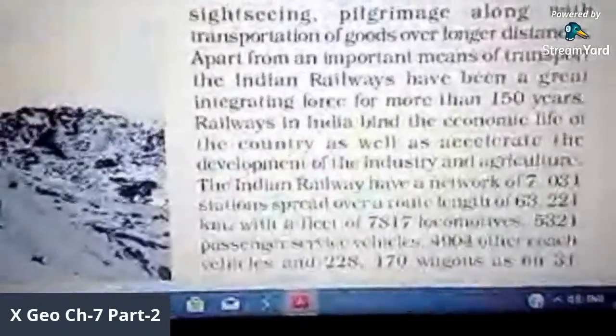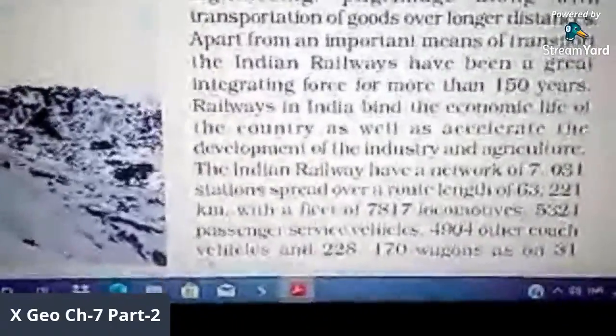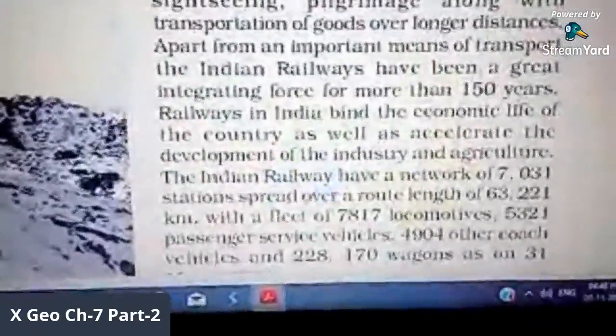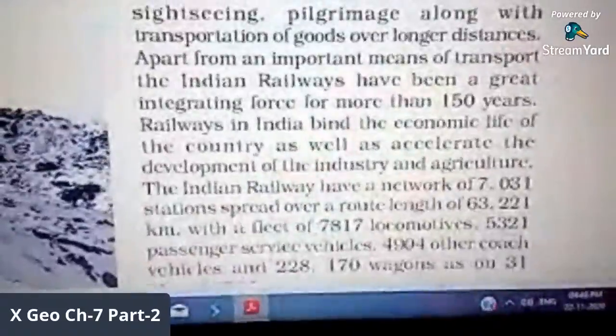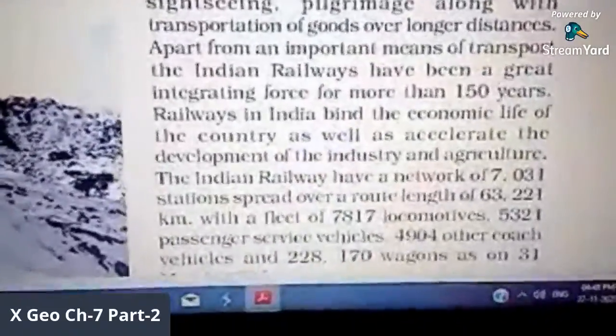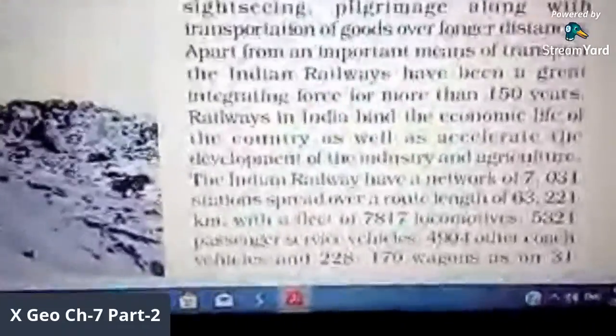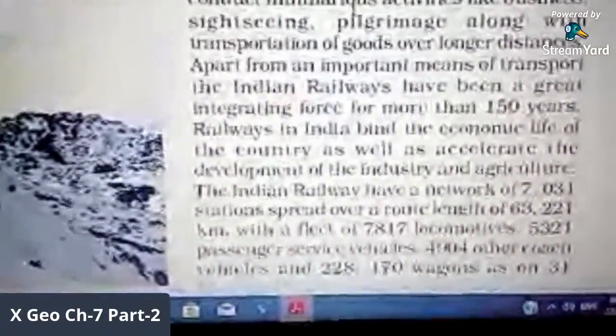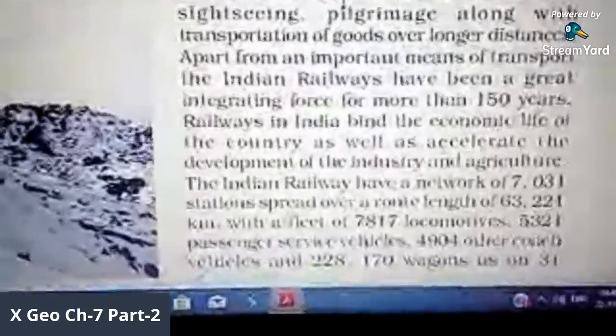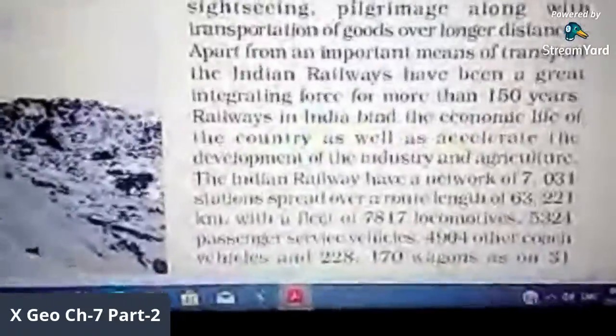It is also equally difficult in sandy plain areas like west Rajasthan, parts of Gujarat, and forest areas of Madhya Pradesh, Chhattisgarh, Odisha. So railway networks are unfavorable for these types of barriers like mountains, uneven land, forest regions, coastal regions, sandy plains, and it is favorable for plain regions like the northern plain region. So these are the physiographic factors of the Indian railway network.